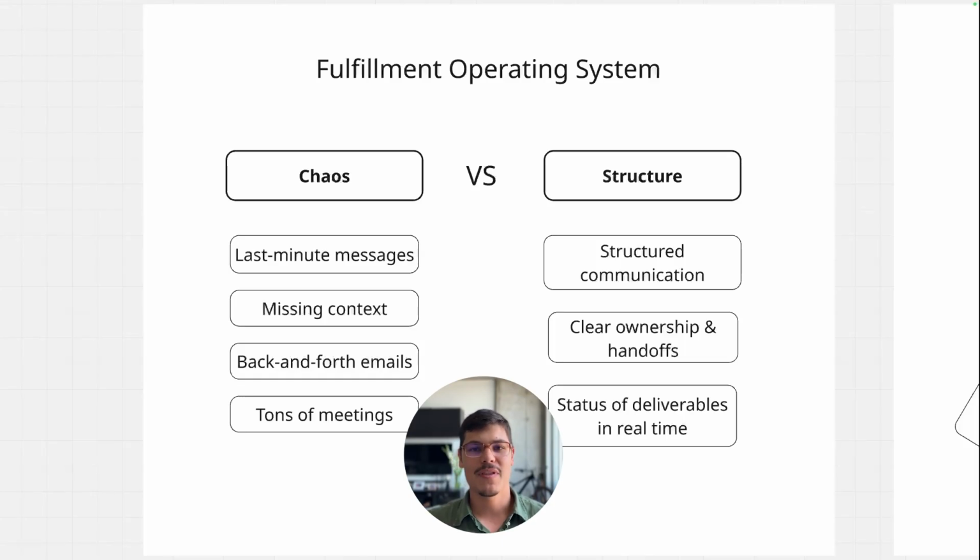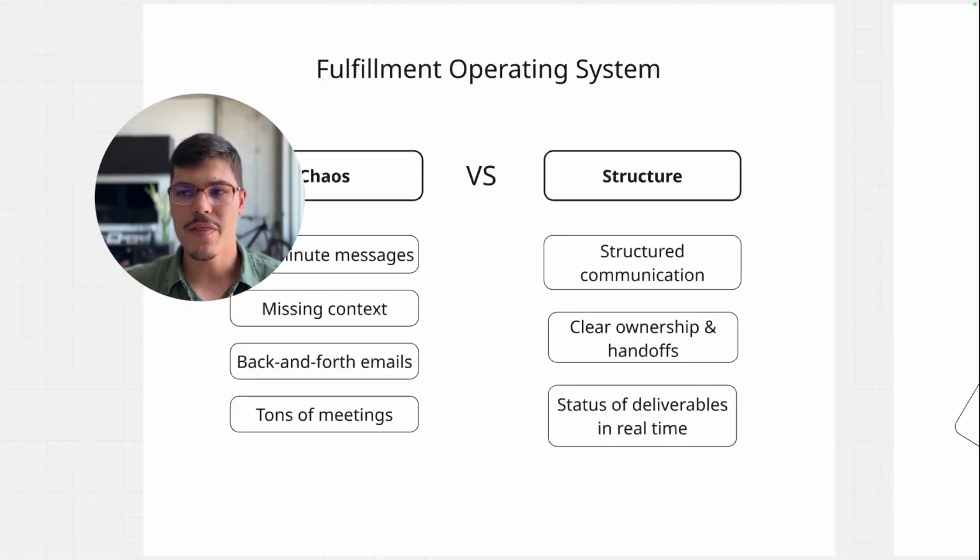This is something that saves an incredible amount of time. Instead of sending those back and forth emails or having multiple conversations with people, you can just have a single system where you see the status of all the deliverables in real time. So instead of asking people, you can just go into the system and see, this is the project, this is the deliverable, and this is the status of that deliverable. So again, this is our ideal goal and the end goal of why we would want to build